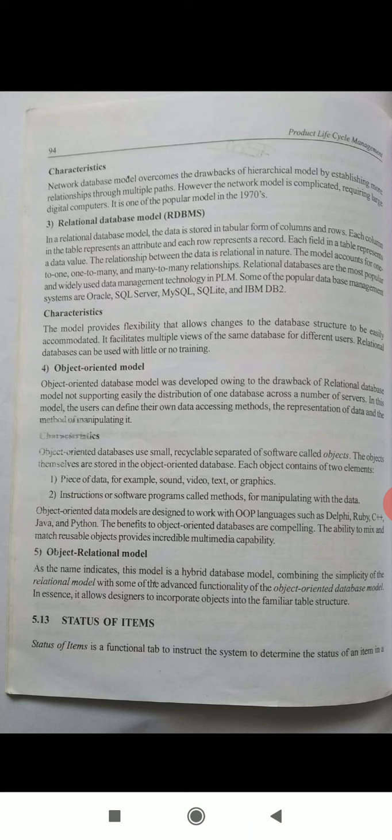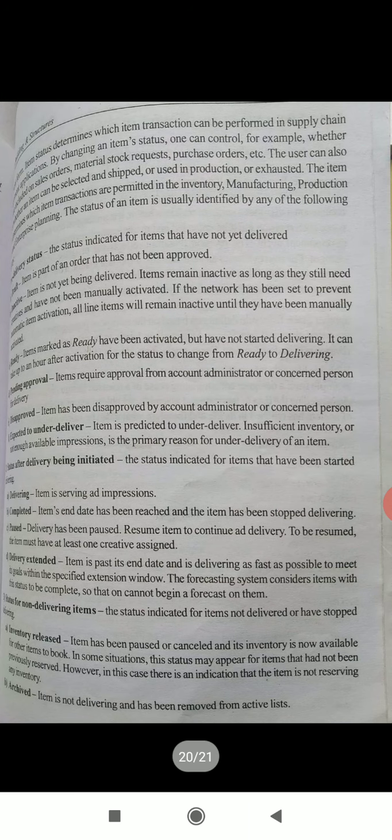Next will be status of items. So status of items is a functional tab to instruct the system to determine the status of an item in a document form. Item status determines which item transactions can be performed in supply chain management applications.